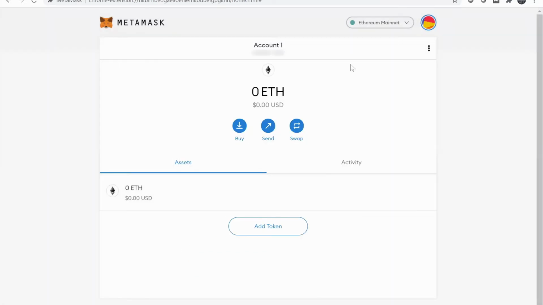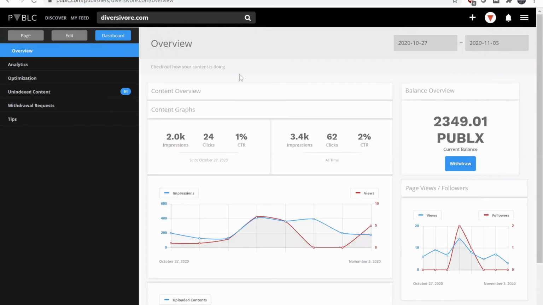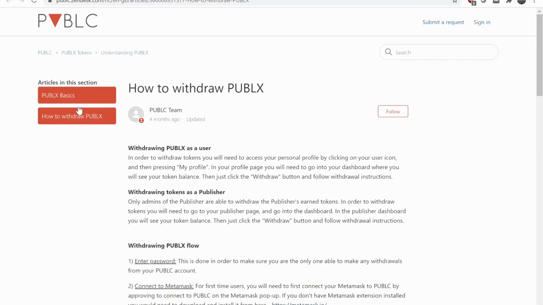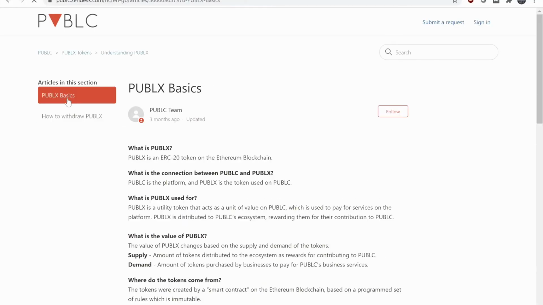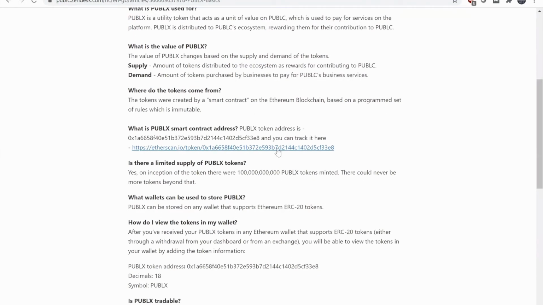The next step is to begin to add the public token. Come back to Public, close the screen, and go into the Start menu and click How to withdraw tokens. Here you'll find the information about the token itself. If you scroll down slightly, you'll see the token number, which is PUBLX's very own token number. So here you'll copy the numbers and letters as seen